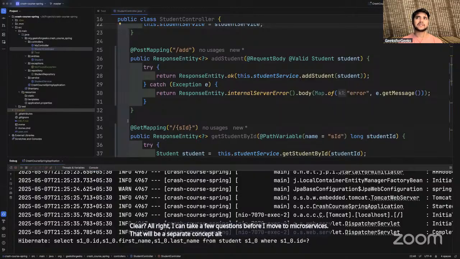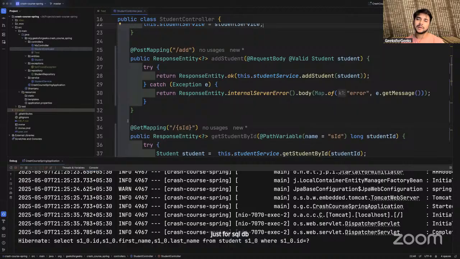For that, we might even use a different Spring Boot project if I have to do that. So yeah. What is the main difference between relational and NoSQL while using Spring Boot? Like why do we need Spring Data JPA just for SQL DB, but not for MongoDB? Who said you don't need it for MongoDB? You use it for MongoDB also. You can use it for MongoDB also.